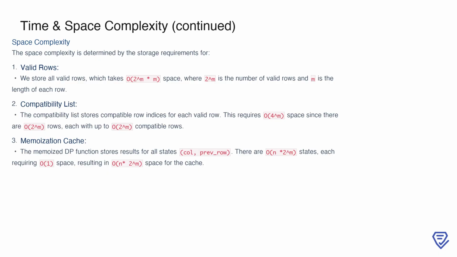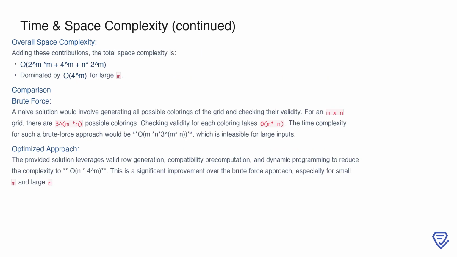Finally, we have the memoization cache used by the dynamic programming function. This cache stores results for all states, defined by the column index in the previous row, resulting in n*2^m states and a total space requirement of n*2^m. Together, these components contribute to the overall space complexity. When we aggregate the space requirements, the total space complexity becomes 2^m*m plus 4^m plus n*2^m. However, for large values of m, the O(4^m) term dominates, making it the primary